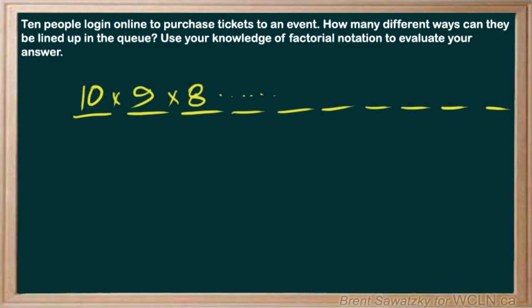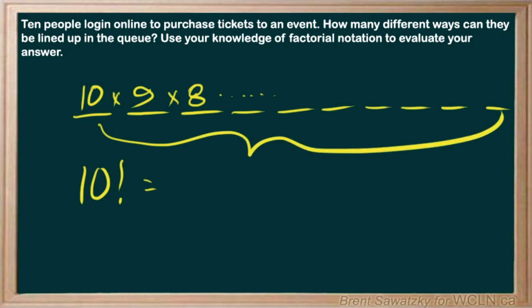But identifying it as a permutation problem with 10 items, in this case people, ordered in the different ways, so all 10 of them being ordered in that way, just leads us to having a factorial here. So 10 factorial. And if we think about it, well, 10 factorial is by definition that very same thing. So this is where we see the overlap of our two methods. But certainly in this case, we look at it and we say, well, plugging in 10 factorial into our calculator, that's a little nicer. So we do that, and we would come up with